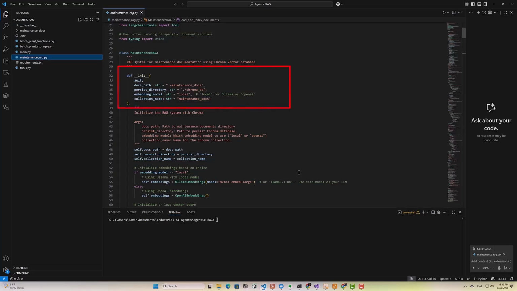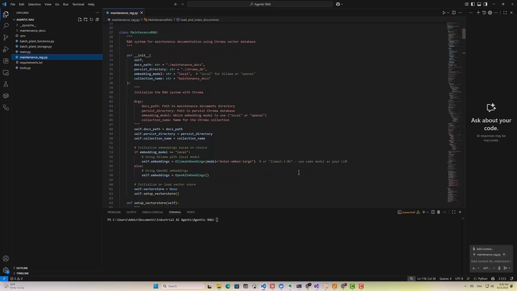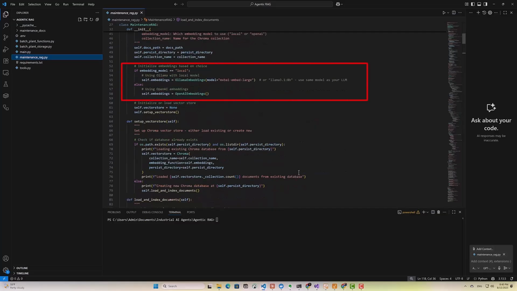We start by setting up our 4 key parameters. First, the path to our maintenance documents folder. Second, the persistent directory for Chroma. This is where our vector database will be stored on disk so that we don't have to re-index every time. And then third, we specify whether to use local or cloud embeddings. We're going to be using local. And finally, we name our collection. So you could think of this as a table in our vector database. And then here, since our embedding model is local, we specify the name of the embedding model that we installed